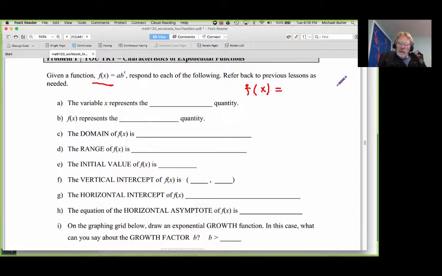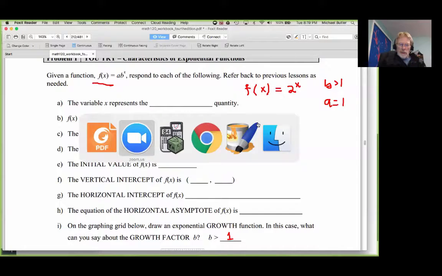So let's start off with the growth one, okay? In the growth situation, we know that B is greater than 1. That was this question down right here, that B was greater than 1, the growth factor. And just to make life really simple, let's make A equal to 1, so that we don't have to deal with any crazy numbers. If it's got to be bigger than 1, let's go as simple as we can. Let's go 2 to the x. It's just anything bigger than 1, right? Okay, so if we do that and put that into our calculator,